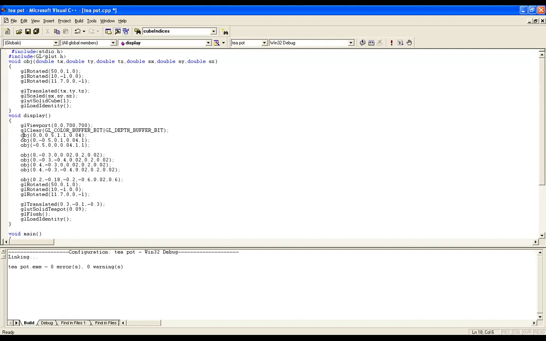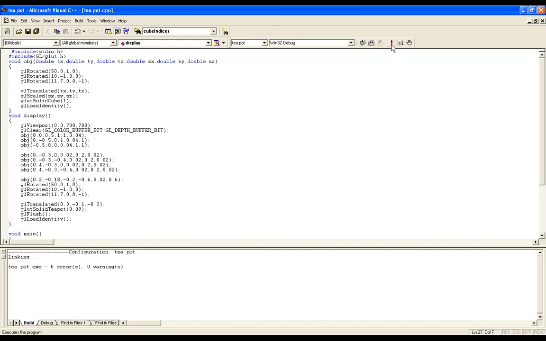Now you people can count how many objects I am creating. This is the main logic part here. You people can count how many objects I am creating. 1 2 3 4 5 6 7 8. Is it meaningful? Yes, it is meaningful. Why? Let me show you with screen share. Where is my output? Okay, I don't have any output. Let me run the program.